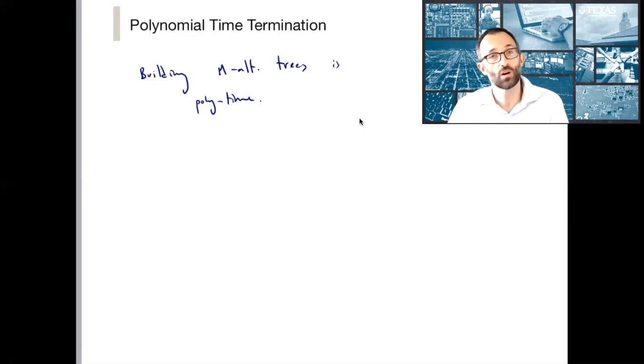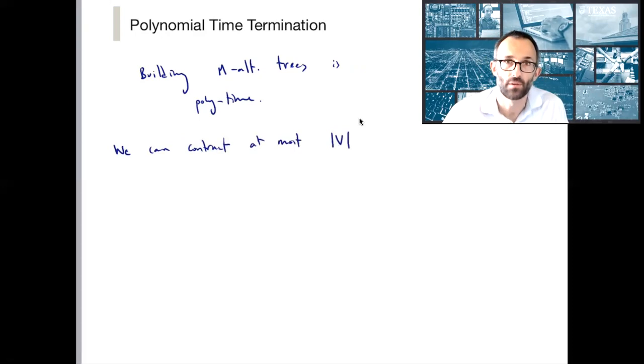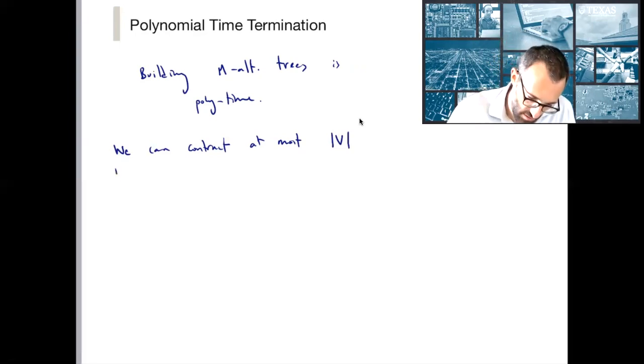It does so for one of two reasons. Either because we find an M augmenting path, in which case we restart the whole process, or because we contract a blossom. So how many blossoms can we contract? The answer is clearly not that many. Every time you contract a blossom, you reduce the number of nodes, so we can contract at most order V blossoms